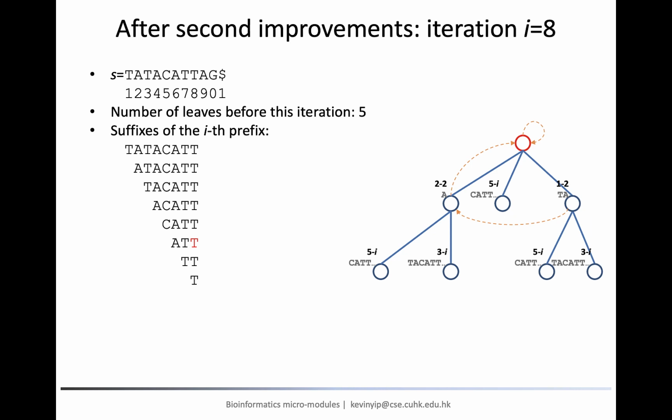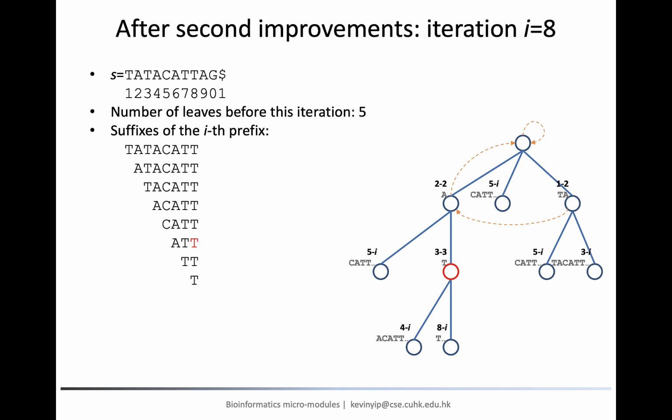For the 6th insertion, we find that the current node has a child with a label starting with A, and the total length of this label is 1. So we move to this node and look for the remaining of the suffix TT. The current node has a child with a label starting with T, but the second character of that label is A instead of T, and therefore we need to create new nodes as before.